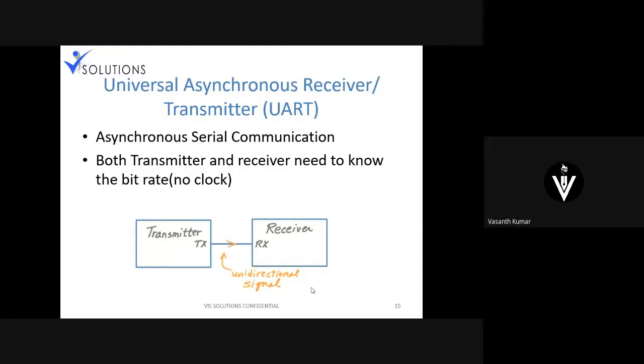So to avoid this kind of keep on extending the connections between a transmitter and receiver, we came across serial communication. What serial communication usually does is it will use only one wire, the same one wire, but it will send the data one by one. So if you have 16 data: first bit, second, third, fourth, fifth, sixth, seventh, eighth, ninth, 10th, 11, 12, 13, 14, 15, 16. 16 data it sends one by one serially. All right. So you need not physically have 16 connection terminals. Rather, you have one terminal, one connection, whereas serially you send them one by one.